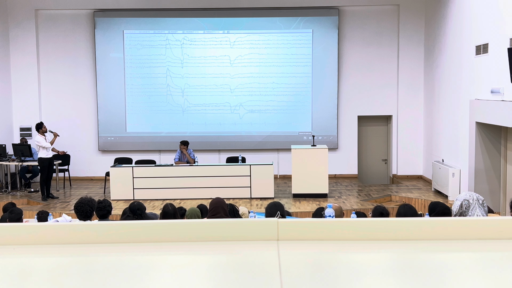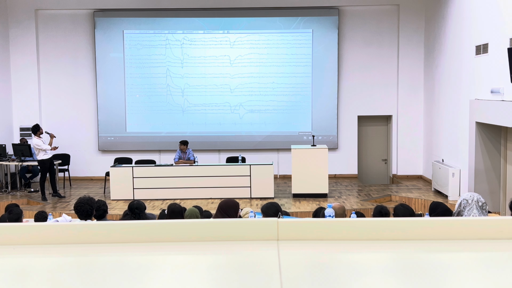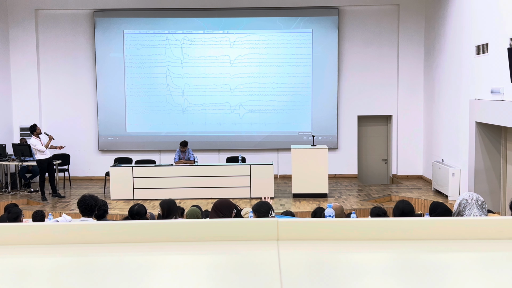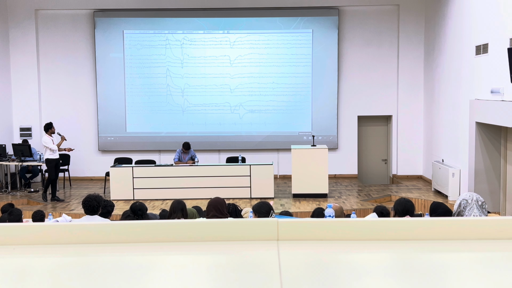So I'll give you a mnemonic or a tip. Whenever you see something like this and you think you can fit a circle or an eyeball in it, all this means is there is horizontal eye movement, like the patient is looking left or right, maybe he's reading a book or something like that. So to summarize, you look at the O, we're looking for alpha waves. If there is an upward spike, you know his eyes are open. And if there's a downward, eyes are closed. If you can fit an eye in between two things, you know that the patient is looking left or right at that time.